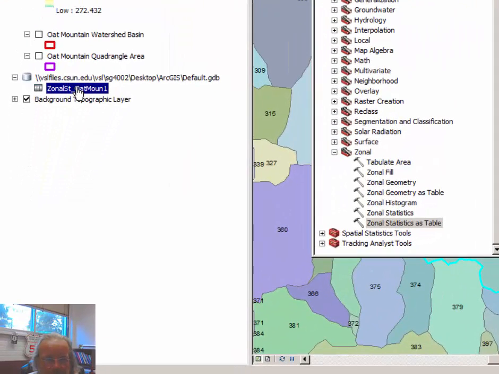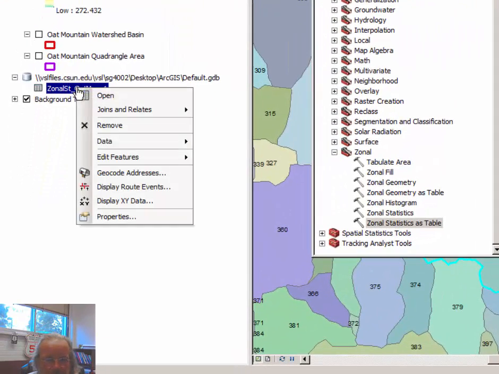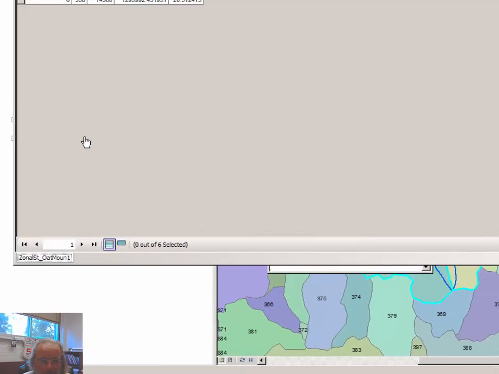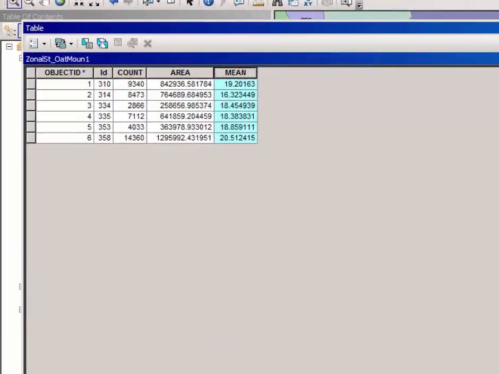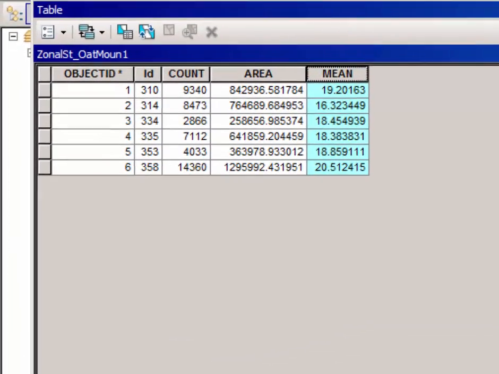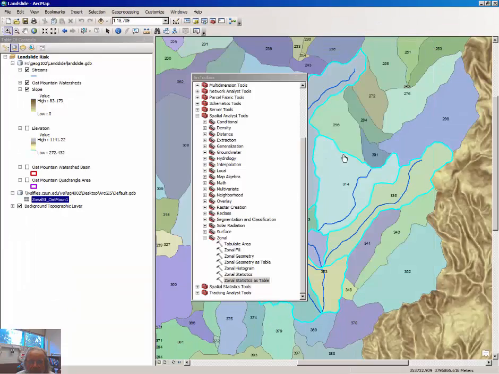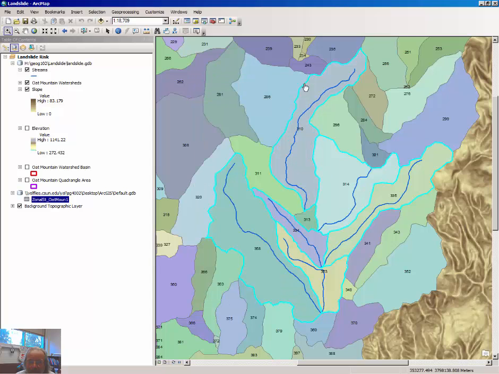It appears now in the table of contents on the left. You could right-click and open the file to see the mean slope for each of the 6 watersheds in question here. And the last step associated with this is to join the values in this table to